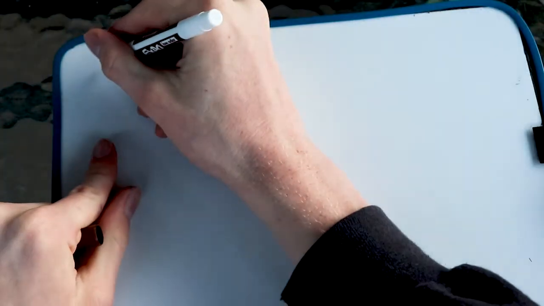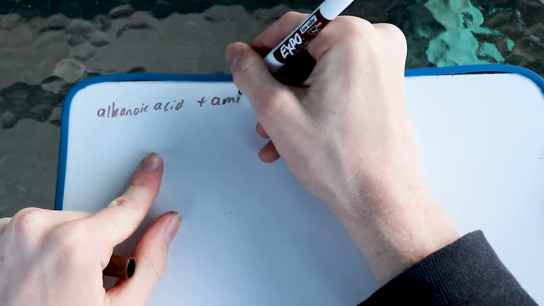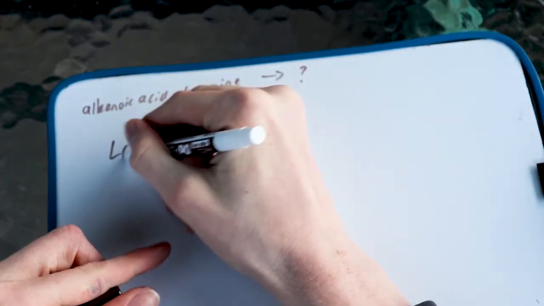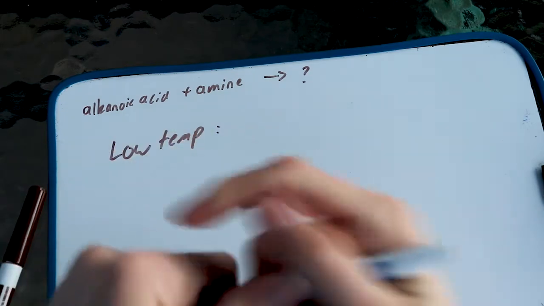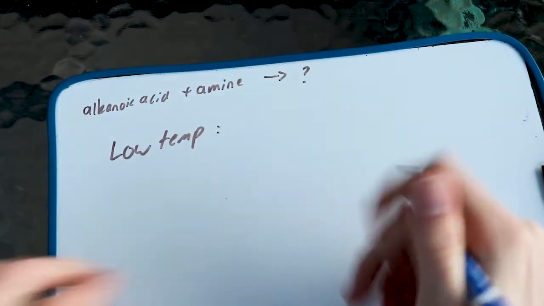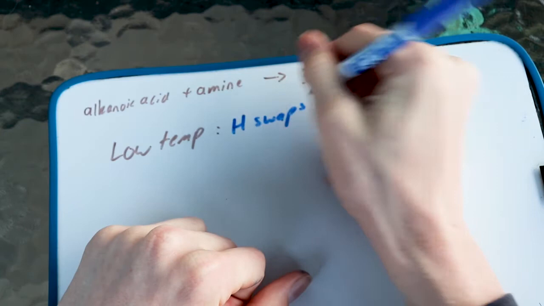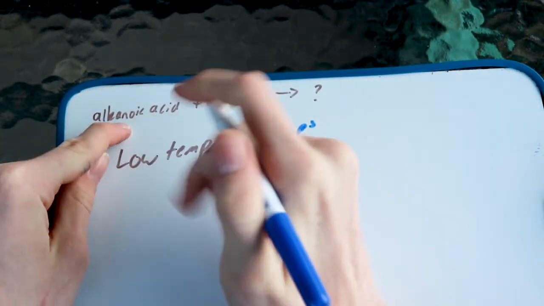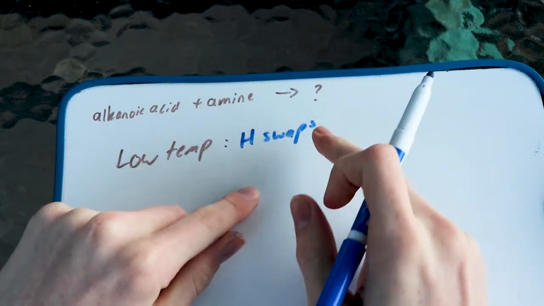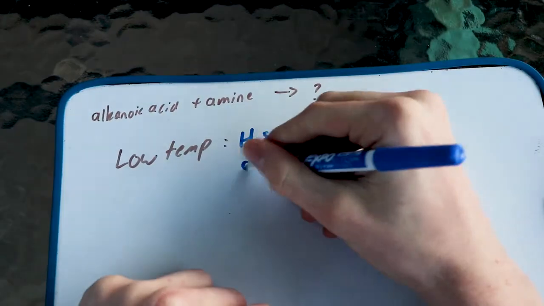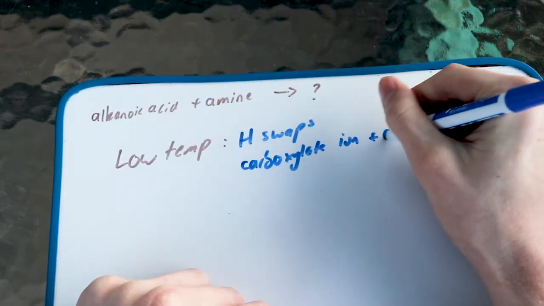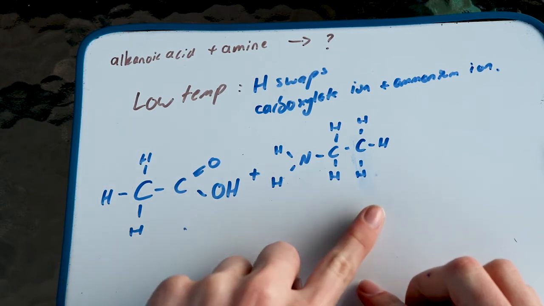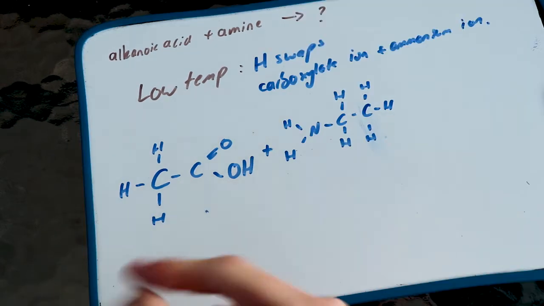So if we were to take a carboxylic acid and an amine, what are we going to get from that? Well, there's actually two possible reactions. If we have a low temperature, then we're just going to have a traditional reaction, a traditional Bronsted-Lowry reaction, I should say, where the hydrogen proton goes from the acid to the amine, neutralizes them both, and we get a carboxylate ion plus ammonium. For example, here we've got ethanoic acid, and here we've got ethanamine,